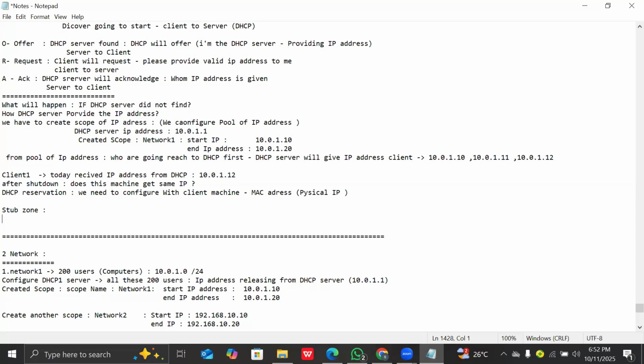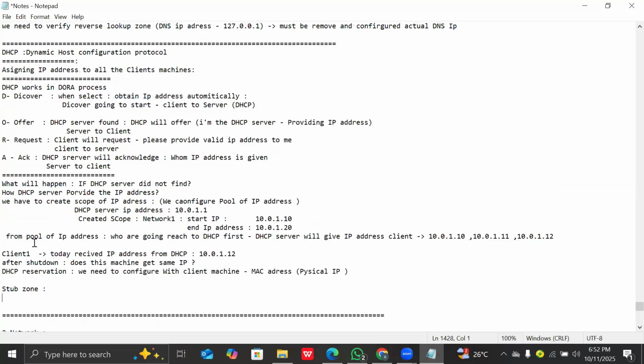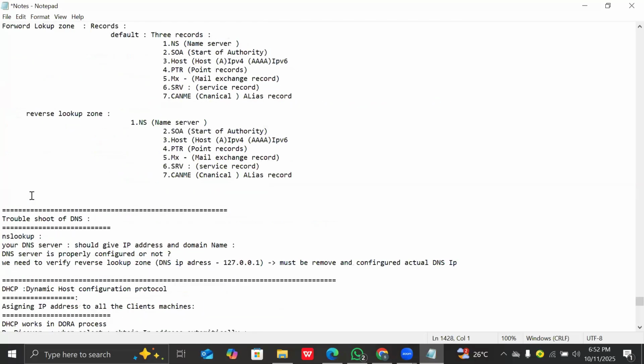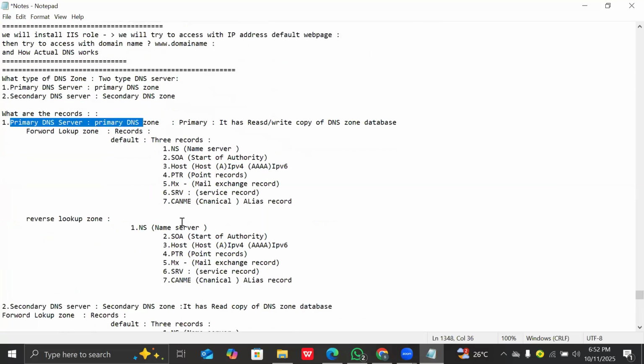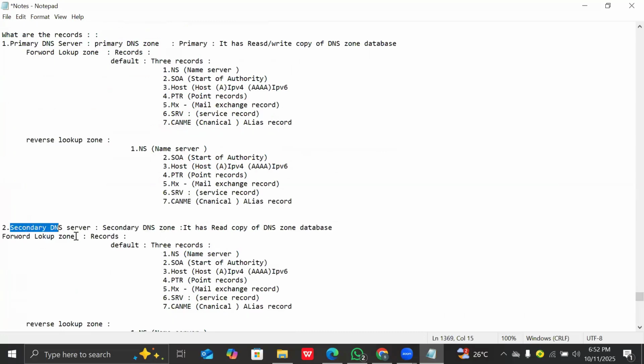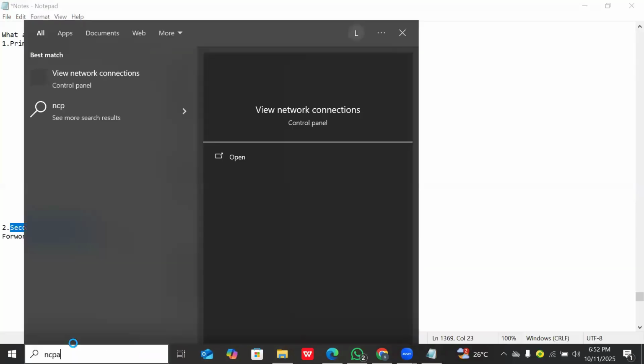Forward and reverse zone, what is the difference between all this? The DNS server you created is the first, the primary DNS server. That's why when we assign an IP to the server, it always asks for the preferred DNS server and alternate DNS server. Correct. That is the second DNS server. You need to provide it as the alternate DNS server, where you see this in every network,